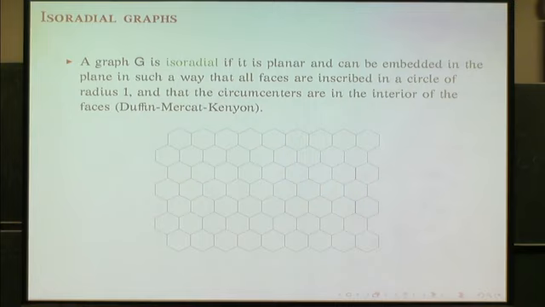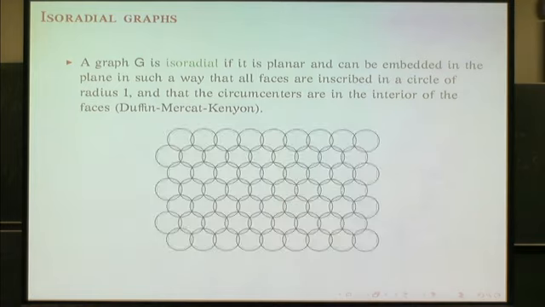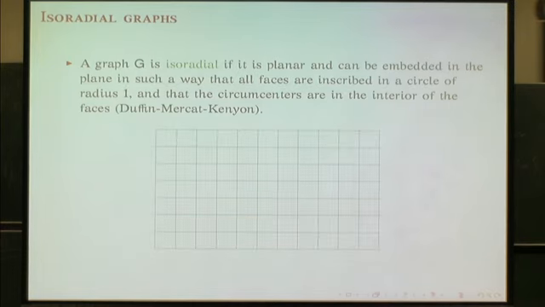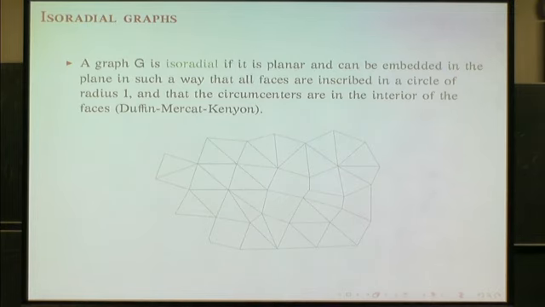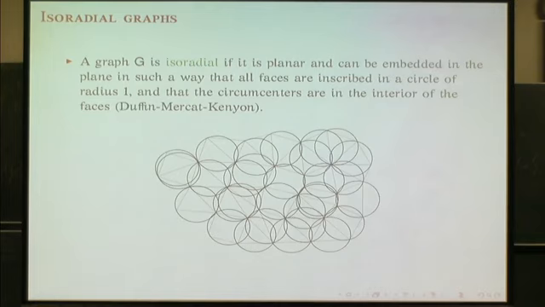So all the regular lattices are isoradial. So here is the example of the honeycomb lattice. And so you can draw all the circumcircles around the faces, and they all have the same radius. The square lattice is also isoradial, and so here are the circumcircles. The triangular lattice is also isoradial, but you can also think of a more general example like this one, and then if you draw the circumcircles, they all have the same radius. So a full characterization of isoradial graphs has been given by Kenyon and Schlenker, so we kind of understand well how they are. Okay, and so once you have an isoradial graph, you can naturally assign a rhombus graph,